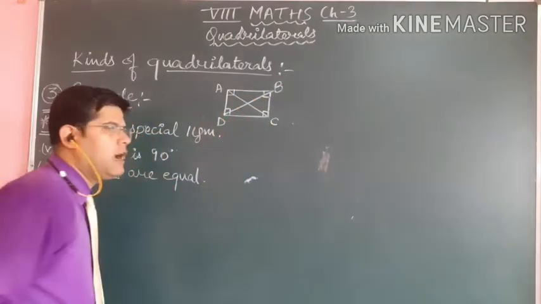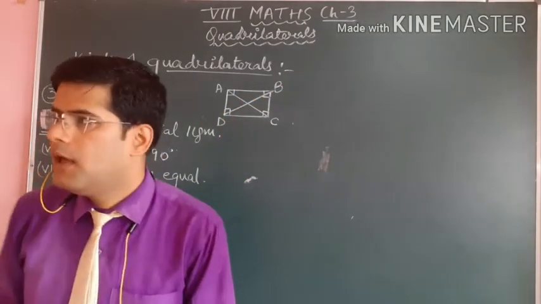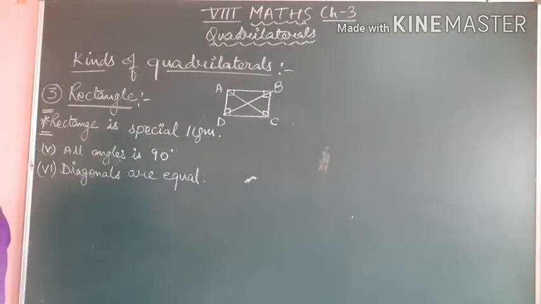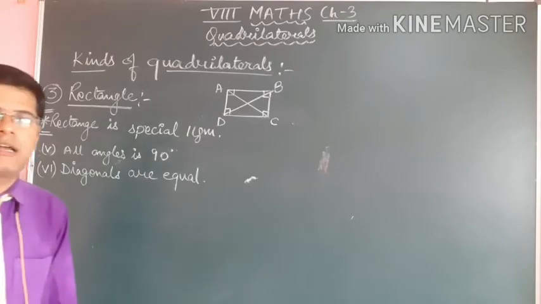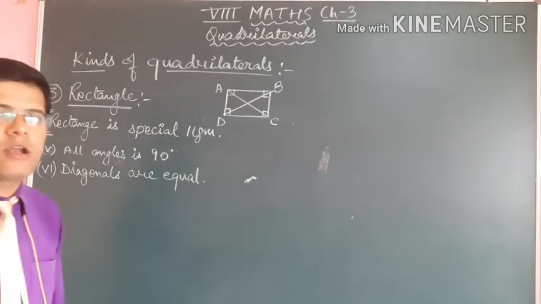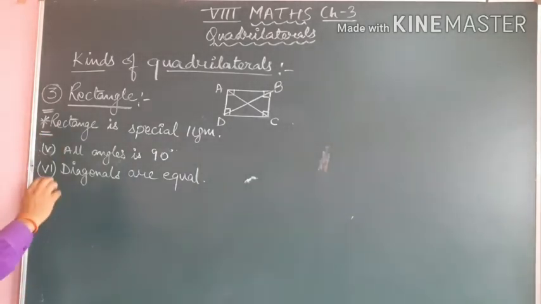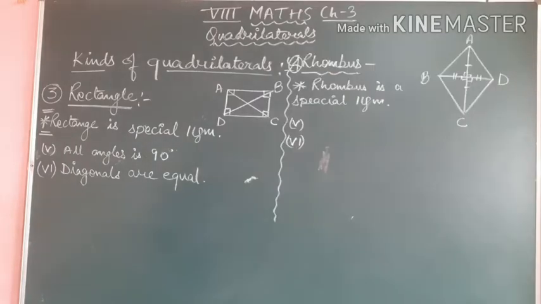These two things differ from a parallelogram, and all the rest of the properties of a parallelogram also hold in the rectangle, but these two special properties make a rectangle differ from a parallelogram. It means in a rectangle there are 6 properties, the first 4 of the parallelogram, and after those you have to write these 2 properties which make a rectangle differ from a parallelogram. Now move to the next type of quadrilateral.